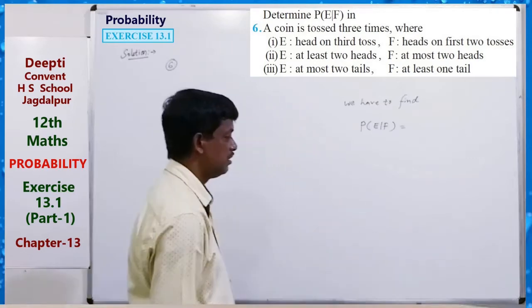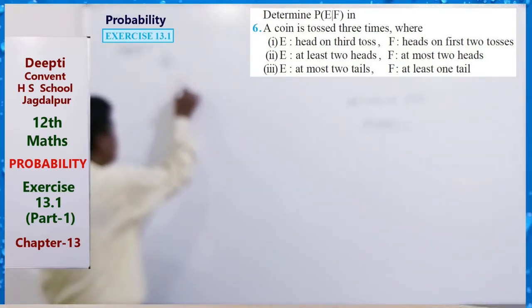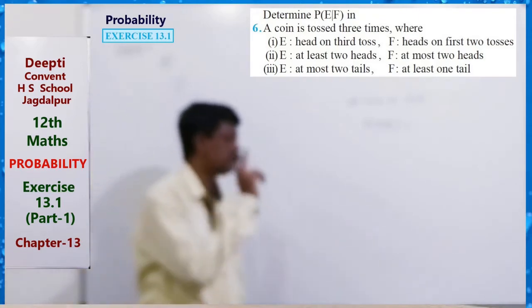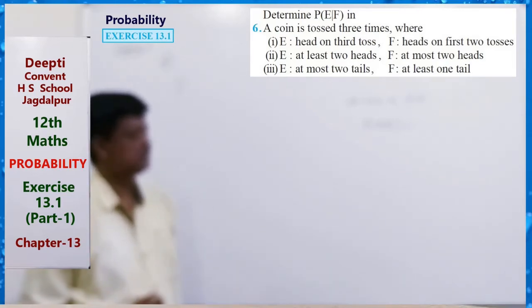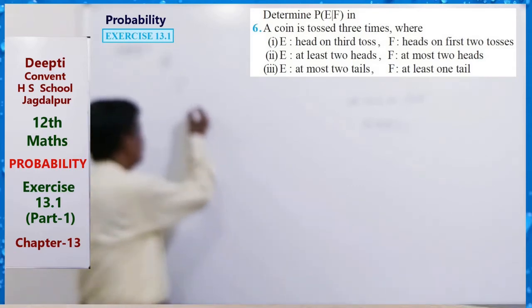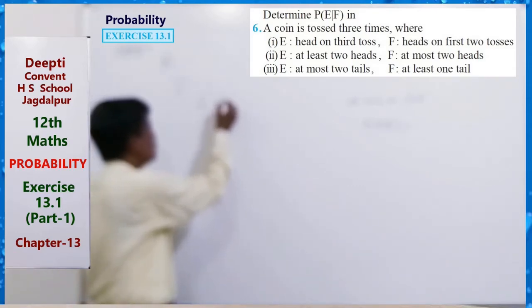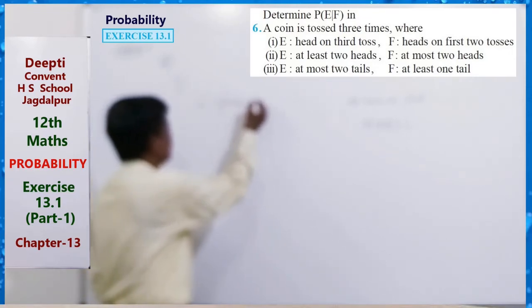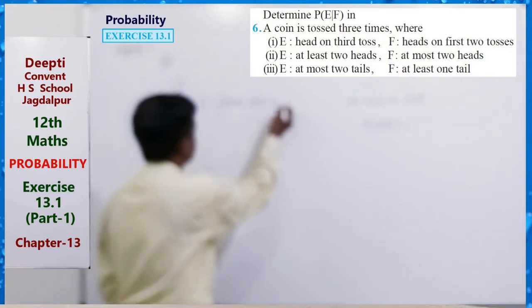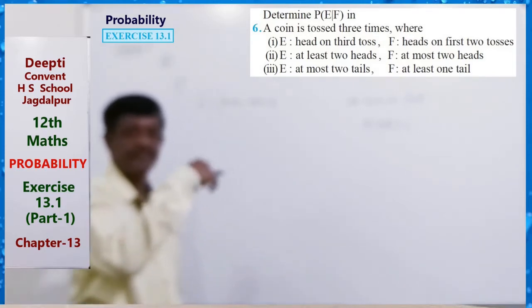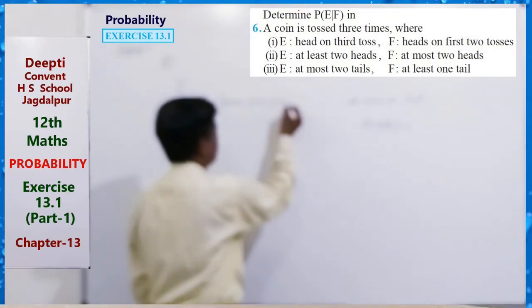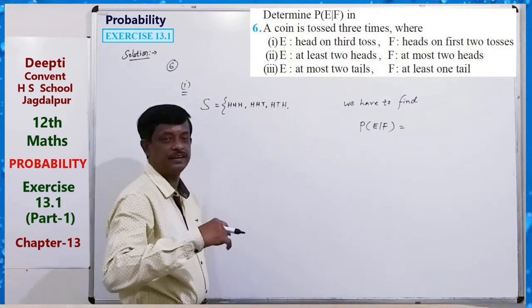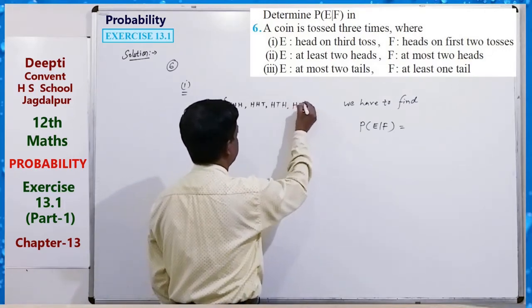Okay, so first, question 6, what is given? First, what will be the value of E? Here, first of all a coin is tossed 3 times. The sample space will be what? Just see the previous question. Head, head, head; head, head, tail; head, tail, head; head, tail, tail;